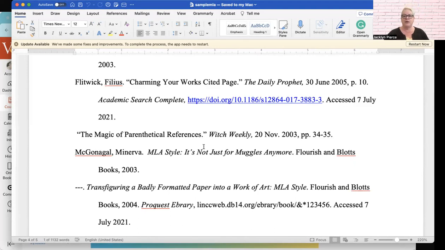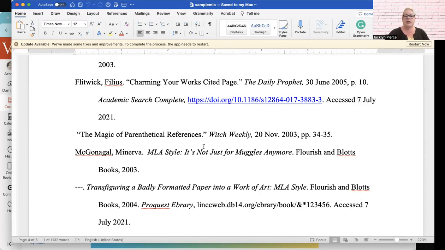Now, you don't have to put that whole title, but you do have to use the title, and you do have to put quotation marks around it because it is a quotation mark title. This particular one that she made up is on pages 34 and 35 of a magazine that we apparently looked at in person. Seems very suspicious, but we'll take it. So we do have a page number.